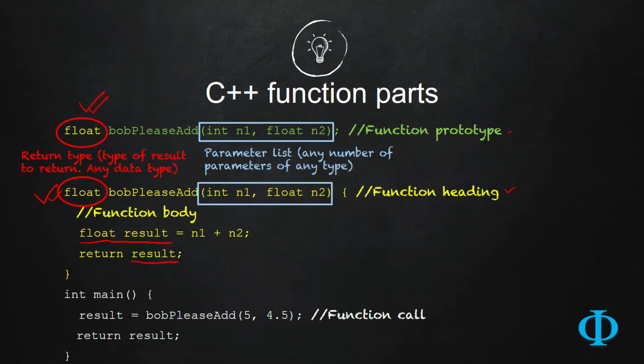The next thing is the function name here. This depends on your choice. You can use any name of your choice for the function. You can use A, B, C, D, your own name, whatever it is. But my suggestion is always try to use some meaningful name for the functions. For example, here you are adding two numbers like n1 and n2. So just give the name like add